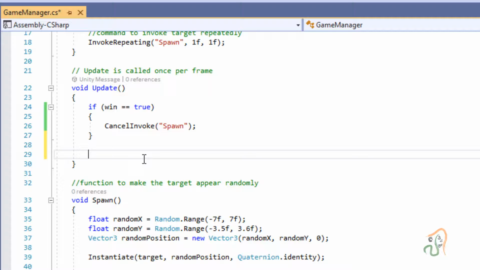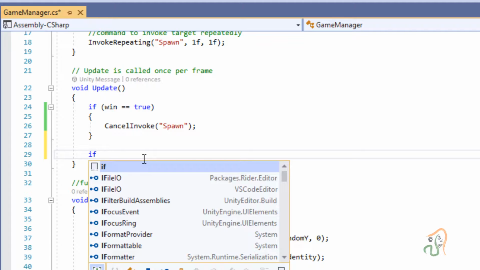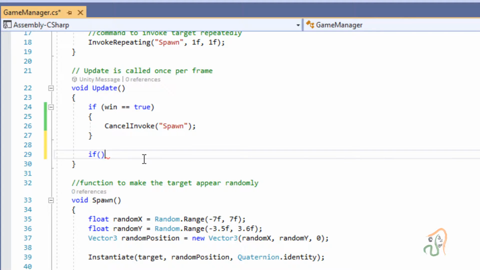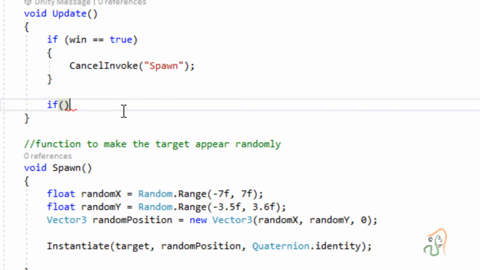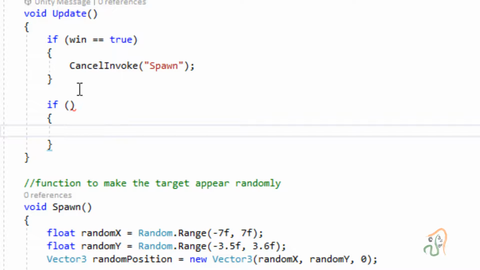So for this, we are going to add one more if statement, open close bracket, then open close flower bracket, so that we will move the flower bracket down.